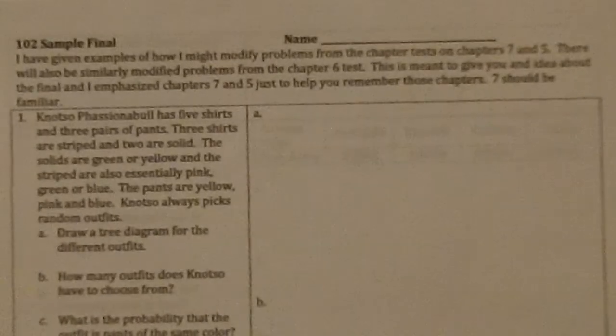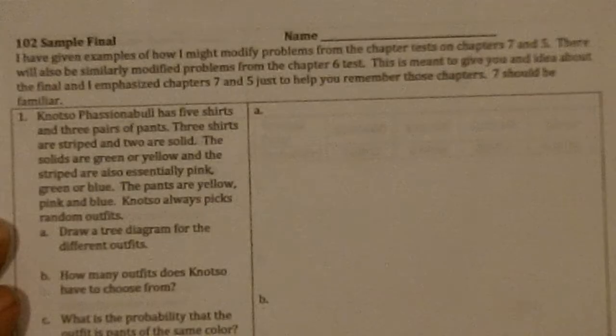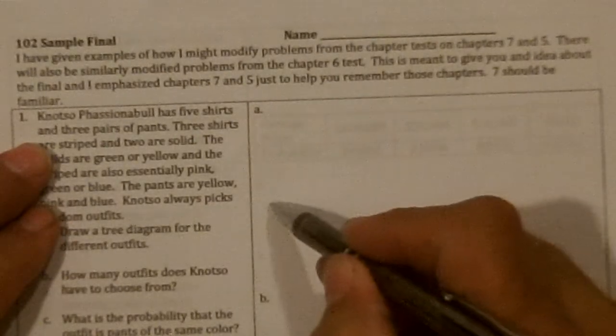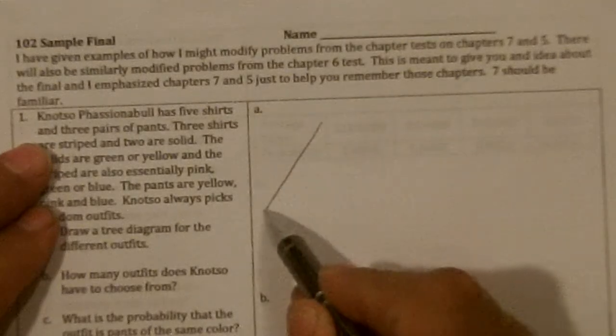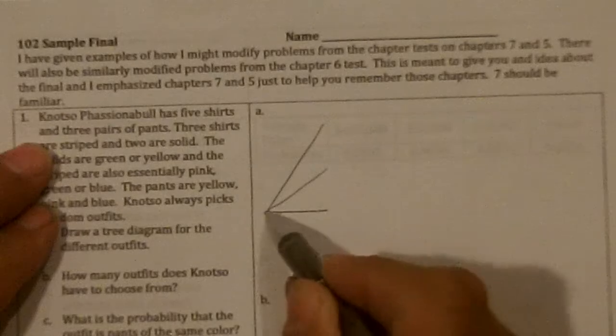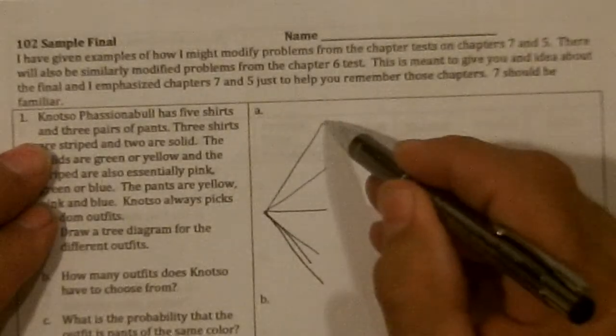All right, let's do the sample final. So we have Not So Fashionable has 5 shirts and 3 pairs of pants. So if I go 5 shirts in my tree diagram, oops, and 3 pairs of pants,